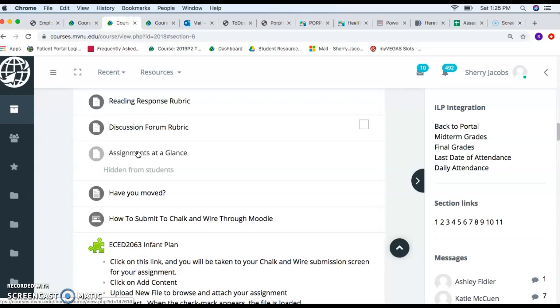For example, in the discussion forum rubric as well as the reading response rubric, you should have 2 APA resources listed. In many of your papers, I've copied part of the rubric as I scored that information for you, but please make sure to do that.